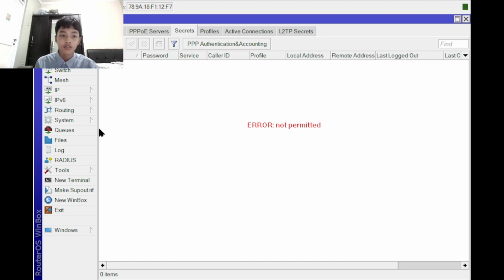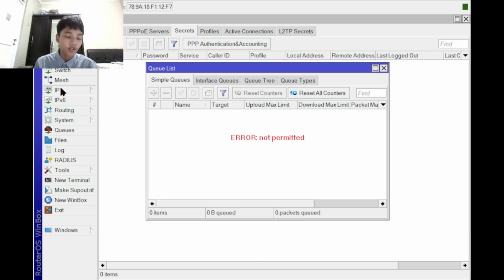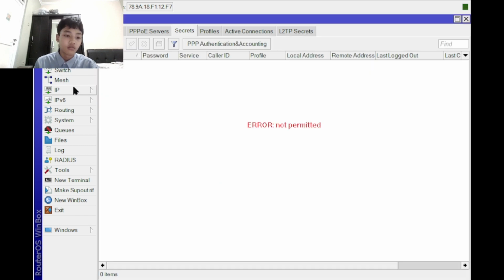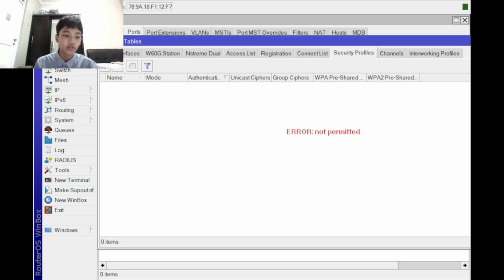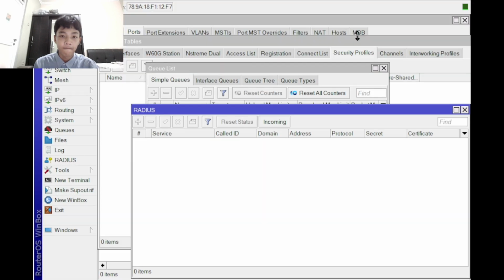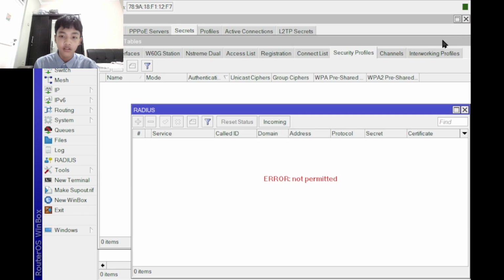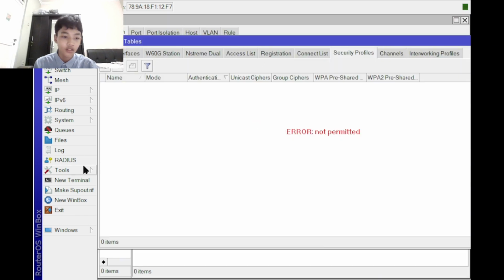As you can see here, I cannot do anything because the user we logged in with can only reboot the router. Wait, I accidentally pressed exit. Let's enter again. Hold on. Okay, we're back. We cannot config anything, except reboot. Let's try to reboot it.